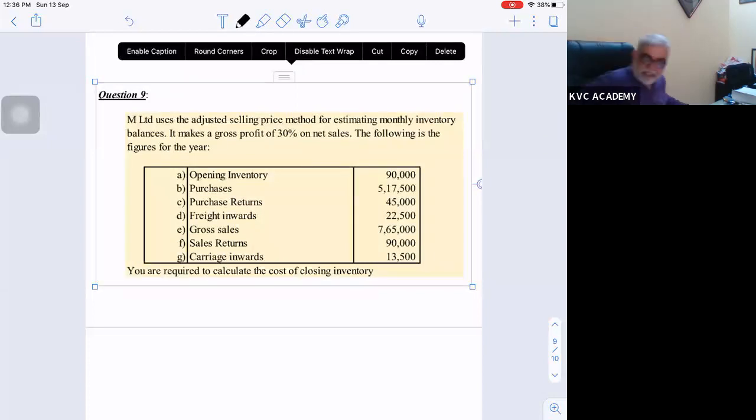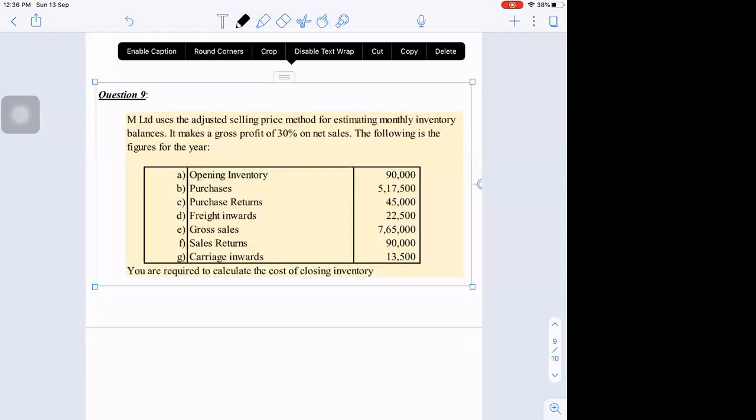Satvik, Mr. Handsome, please read without blushing. M Limited uses the adjusted selling price method for estimating monthly inventory balances. It makes a gross profit of 30% on net sales. The following are the figures for the year. A. Opening inventory 90,000. B. Purchases